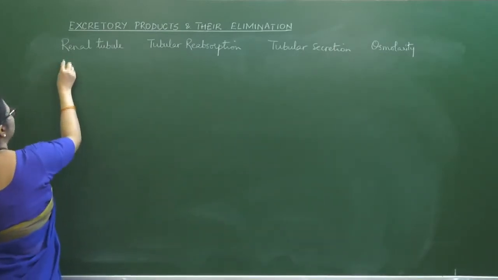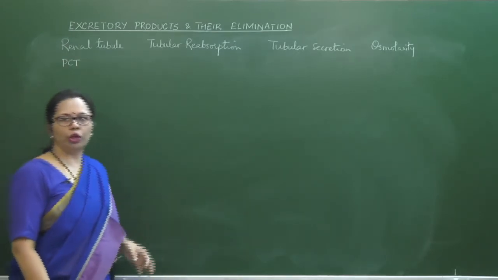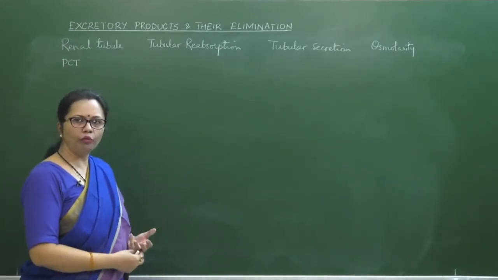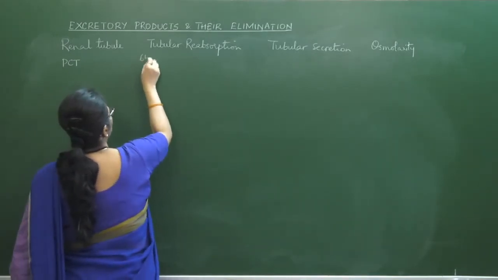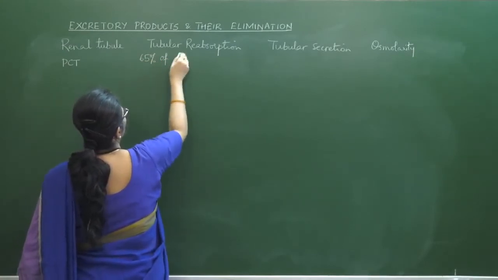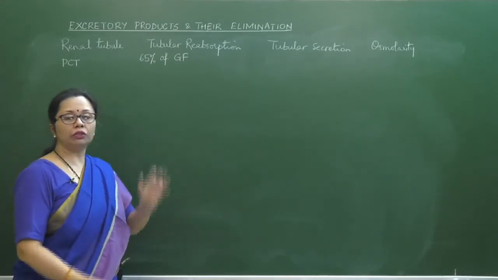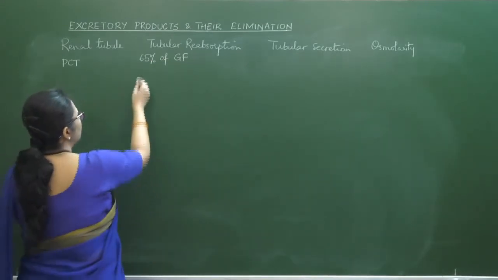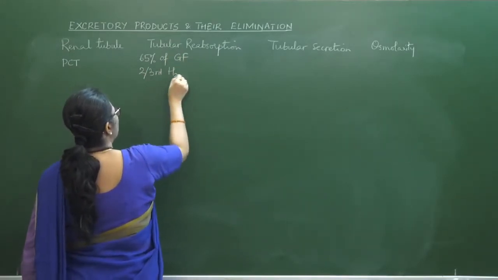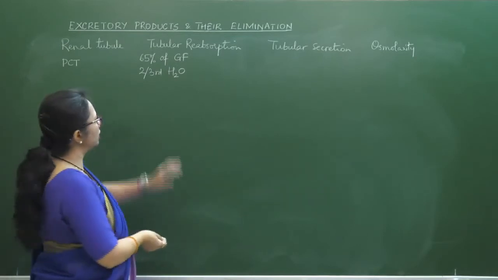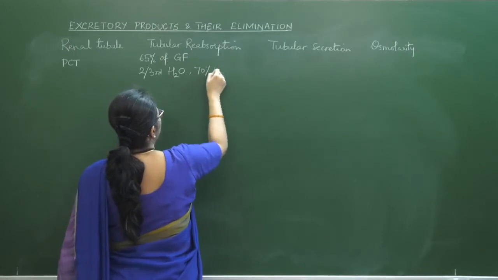So you see, starting with PCT, maximum reabsorption is occurring here itself. Almost 65% of the glomerular filtrate gets reabsorbed. Okay, so 65% of glomerular filtrate, I am writing GF, gets reabsorbed. Now in this, what all is getting absorbed? 2/3 water, or you can say 70%. Right, 2/3 is 70%. 70% of the water gets absorbed, 70% Na,